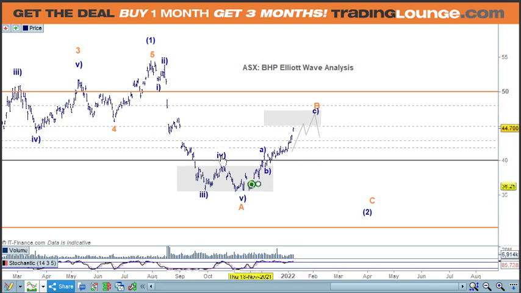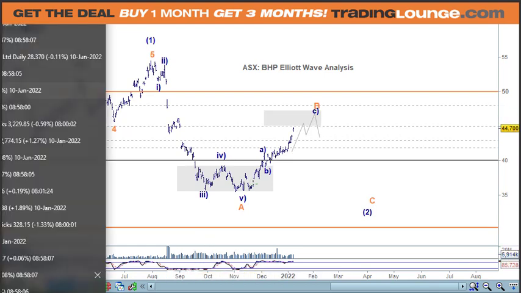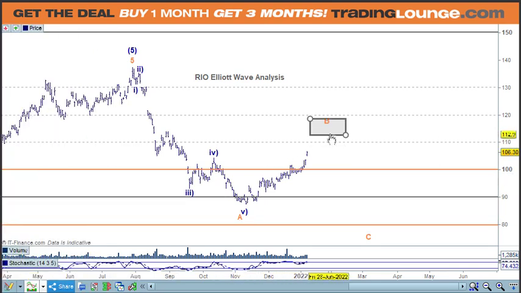I'm also looking at this being the A wave, the B wave, and the C wave, but otherwise I need to call this an A and a B and a C and back into here. But anyway, we've still got further to go up there, and that will be the same, more so, with Rio Tinto. It's got further to move up into its box there as well. We looked at going long here again yesterday. Did gap up, so it should be all right. Moving up there, it should be a pullback there, but